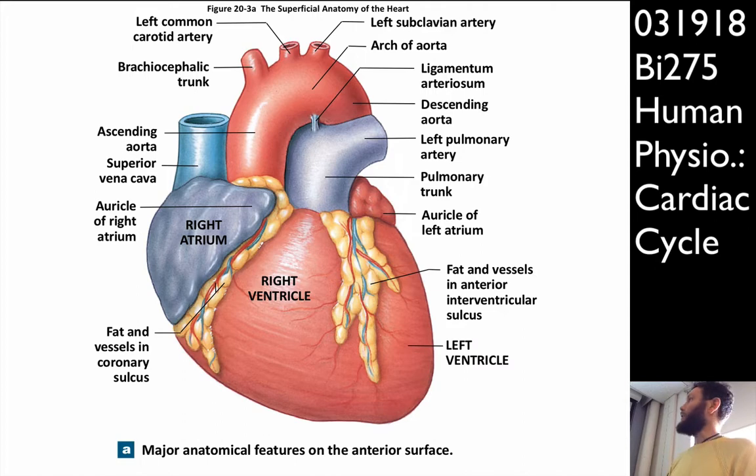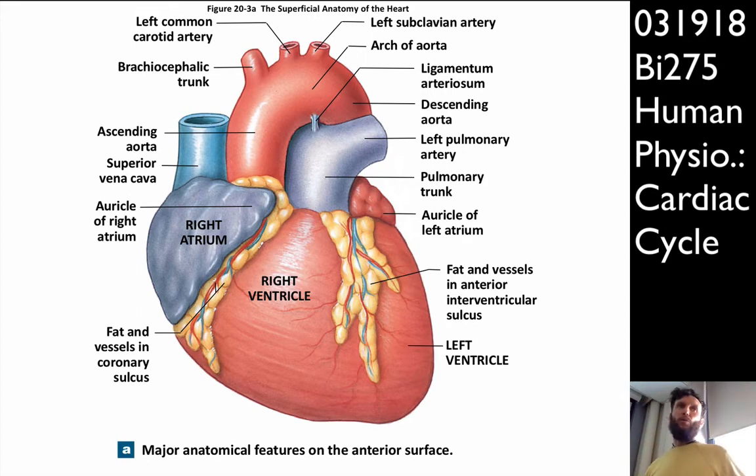Well, a couple things that are interesting is this ligamentum arteriosum. You see that is pinning the aorta down to the pulmonary trunk. If I have time, I'll tell you an interesting story about that in conjunction with the foramen ovale. It's pretty interesting. And then, so I guess I should say first is that any vessel that is taking blood